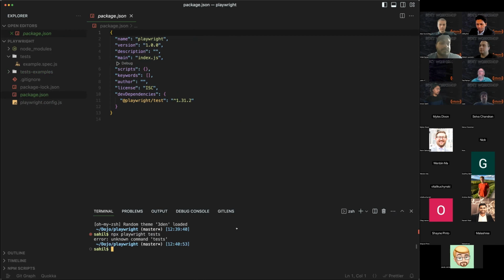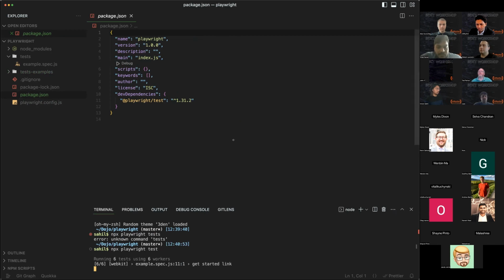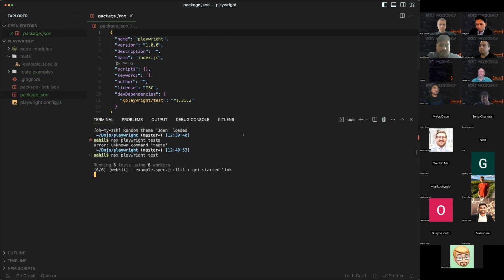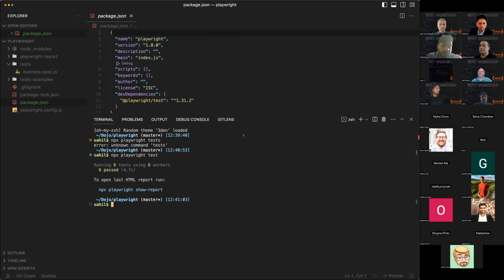Oh, sorry, no S, my bad, just test. Yep. So you can see here, it triggers the tests. It automatically runs multi-threaded. Multi-threading is something we'll go into later. And it ran that example test really quickly. It runs headless by default.